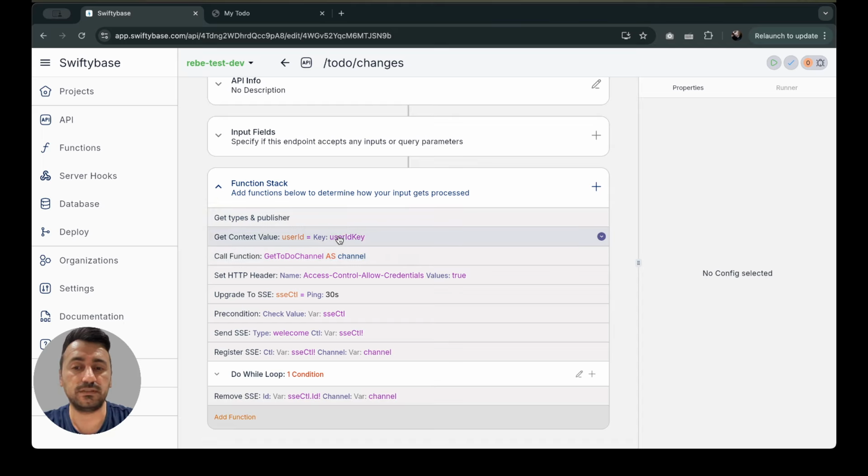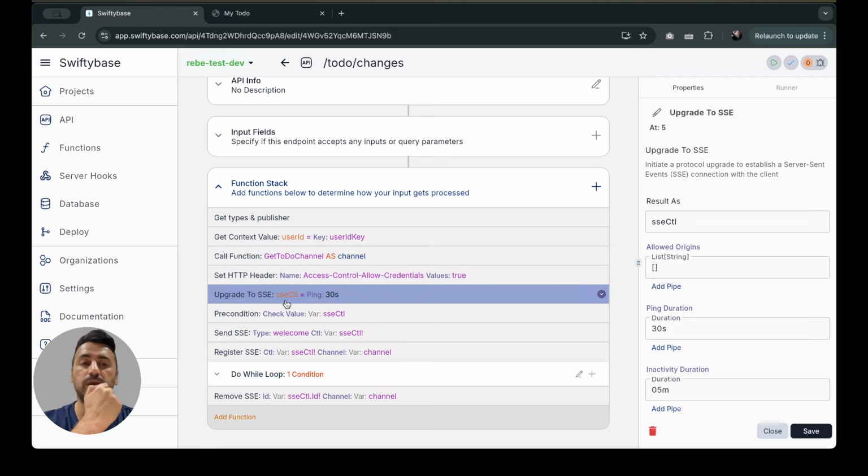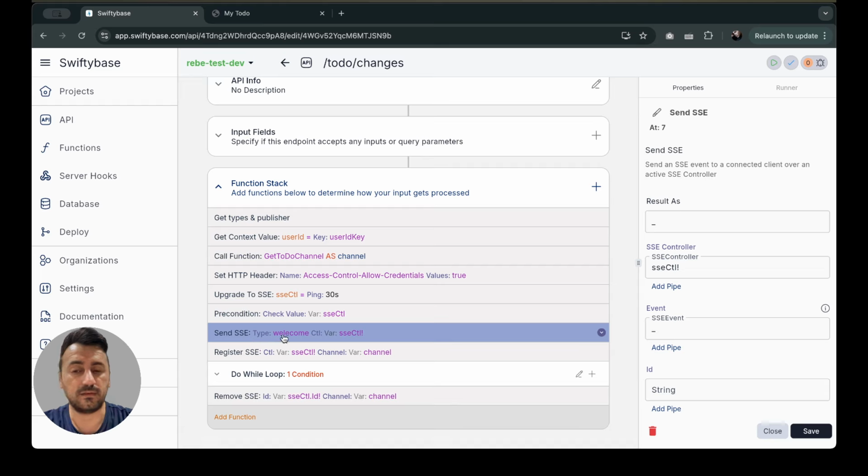This endpoint provides you real-time changes of the to-do. It just gets a user ID, and this is the channel name. We set the access control, and in this function we have to upgrade the connection to SSE so that we can receive SSE events, and we check the result of the upgrade. If there's any error, it will return back to the client. Otherwise, we send a welcome message